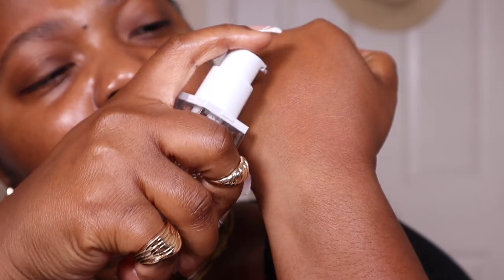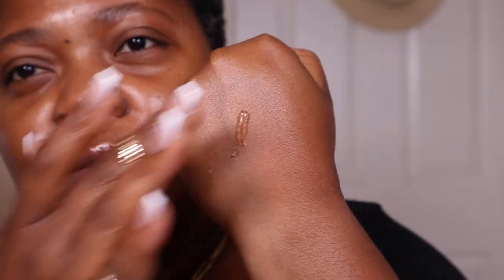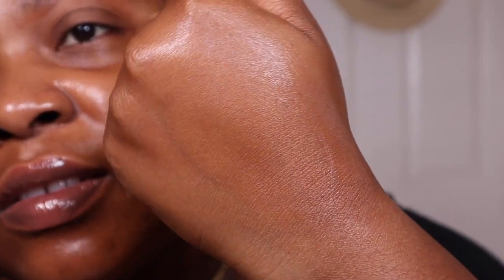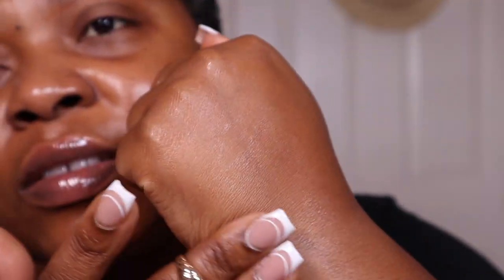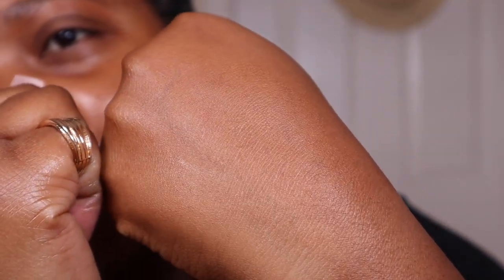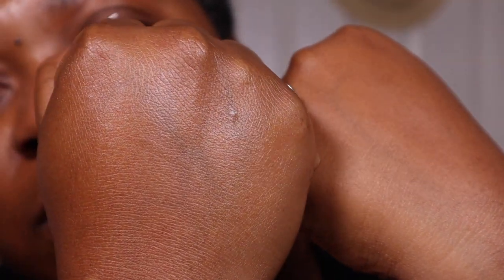So I'm just going to apply a little bit on the back of my hand just so that you can see how hydrating it feels. It does have aloe vera in it, which will help to hydrate your skin. It feels really hydrating, very comforting is the right word. Like it feels like moisturizer, but it's still helping to refine your pores. And I really like that it has a tacky base ready for the foundation. So this is me just showing you how my hand looks a lot smoother. You don't see as many lines compared to the other hand,